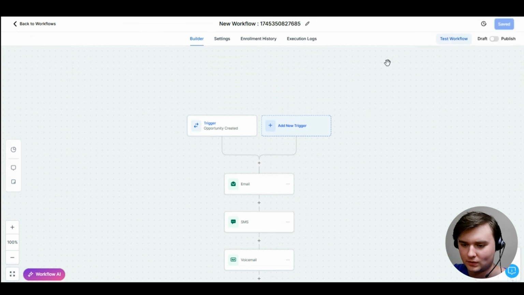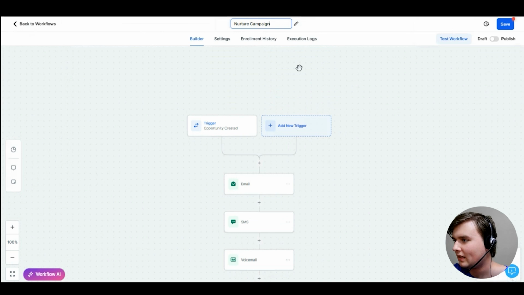And then once your workflow is ready to be published, you want to click the publish button right here. Also, make sure to rename your workflow campaign as well. So, nurture campaign. All right. And that is a very quick and easy way of making a nurture campaign workflow